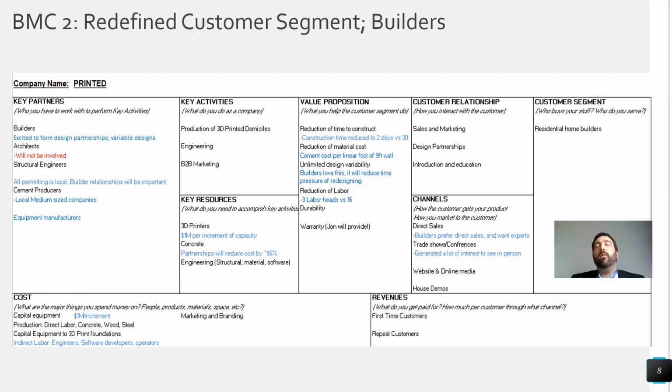And then we thought, well, if that's the case, then we are literally just printing structures. So who would we do that with? The easy answer to that is residential builders. Residential builders already do this with framing teams. They'll pay a crew of individuals to come in and frame a house, and then they'll pay for other components of the house, and they assemble them. They kind of work as a general contractor.